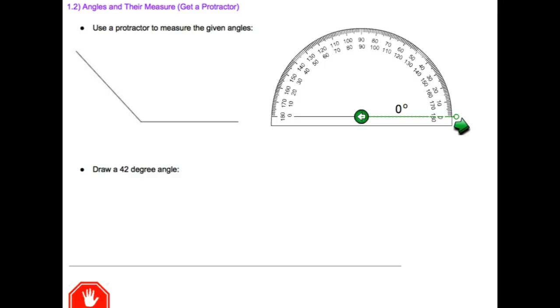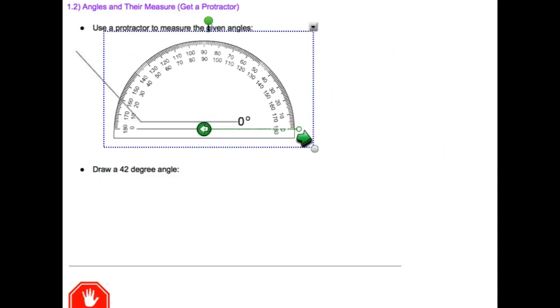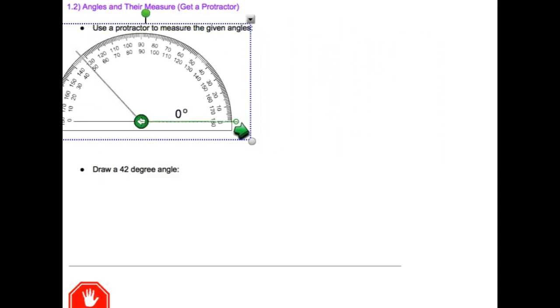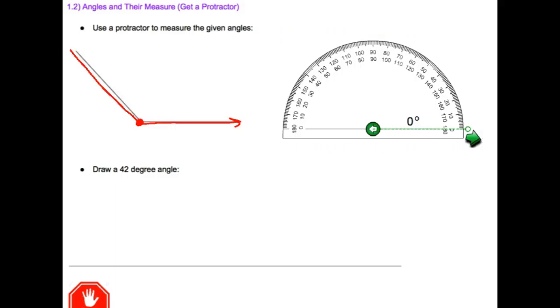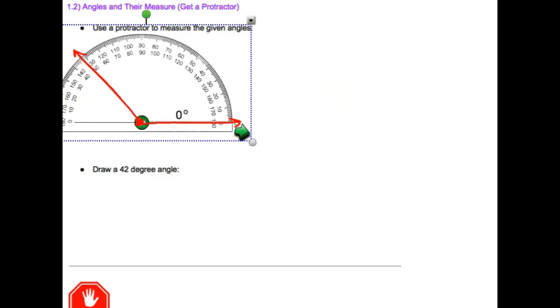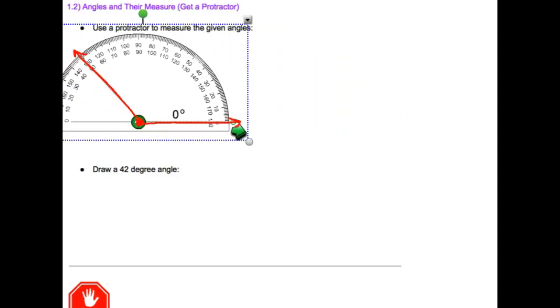And first up, what you do when you're measuring with a protractor, here's my interactive one, is you line the very center T up with the vertex of the angle. So it helps sometimes to put a big dot on here. It helps sometimes to do this a little bit more bold, and this a little bit more bold. And what I'm going to do is line the center of my protractor up at the T right here at the vertex, and then I look at where